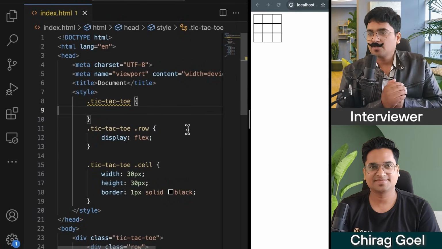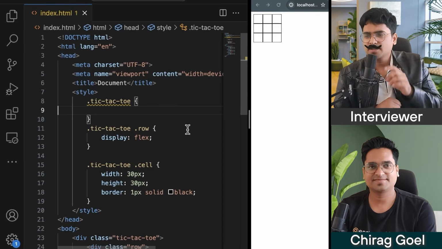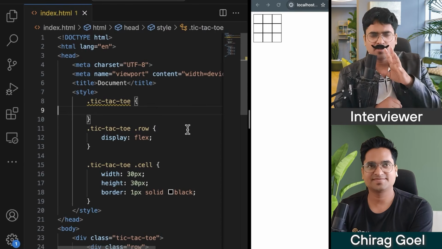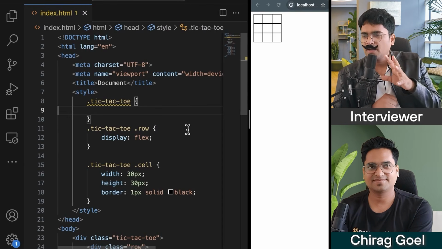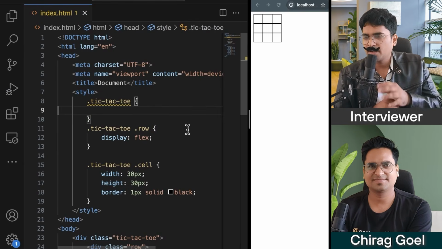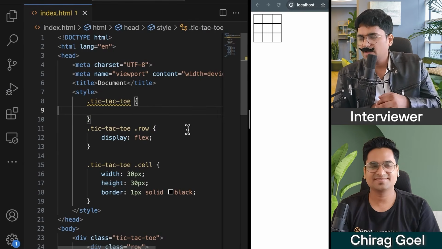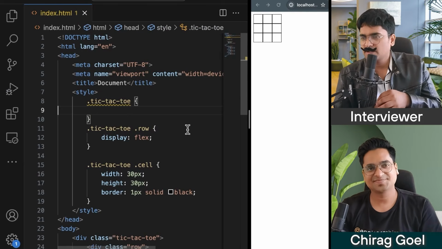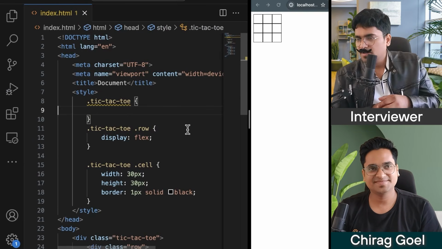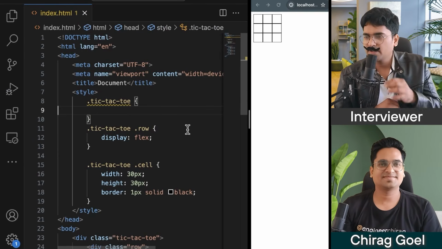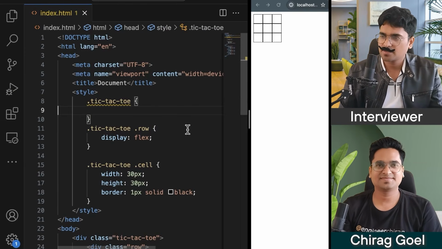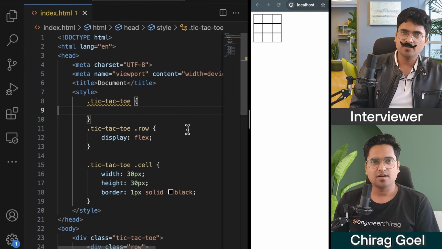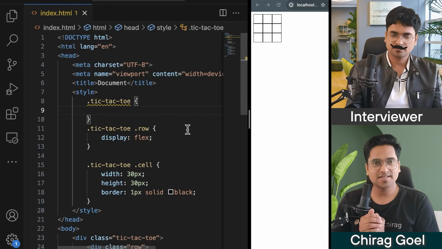Hey Chirag. The code which you have written right now is hard coded, right? This is not going to scale. What if I have an n by n grid, like 9 by 9, or 18 by 18? How is this logic going to grow? You can't just keep on adding all of these. Do you see any problem? Do you see any solution for this? Go ahead, try it out. Okay, if there is a 6 by 6 grid,